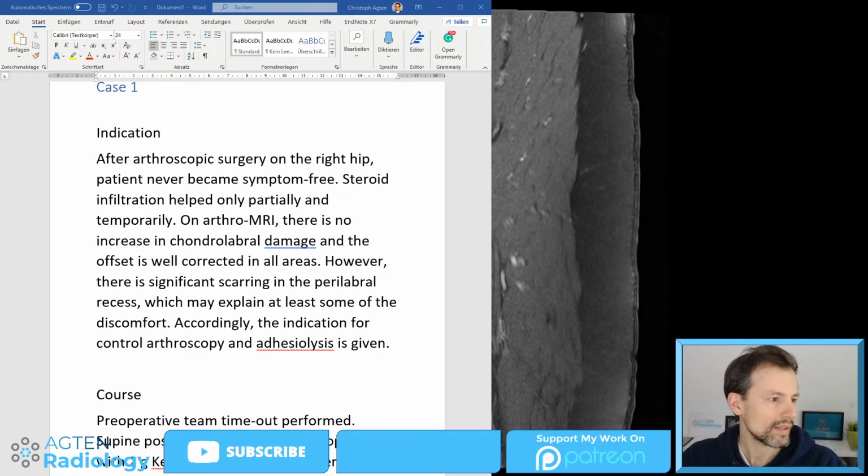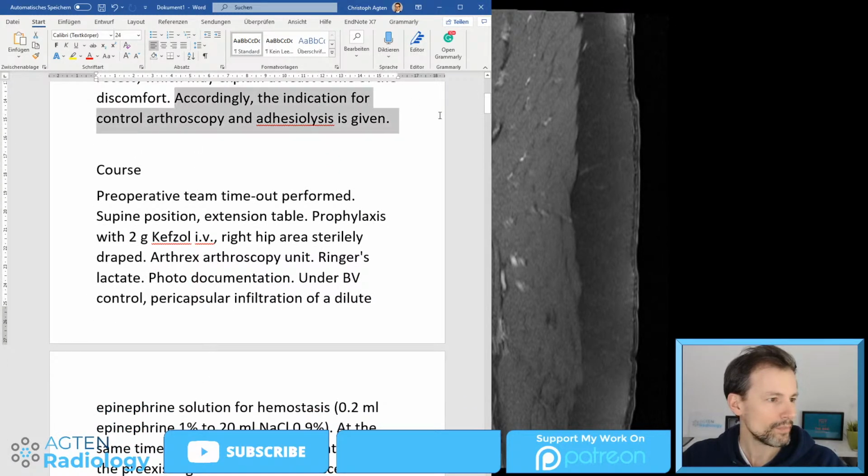Then he was not really getting better, as we can see here. Steroids were not really helpful, and so on the ArthroMR, there was some increased contrast uptake. This will be on the one that we are actually looking at, but they saw that the offset was corrected well, and they saw some scarring there. And now what they wanted to do, they wanted to go in and do adhesiolysis, because we know that in hips after surgery you can have adhesions from the capsule to different structures, and these adhesions can be symptomatic or painful for the patient and reduce its range of motion, although we don't see any obvious residual cam deformity or